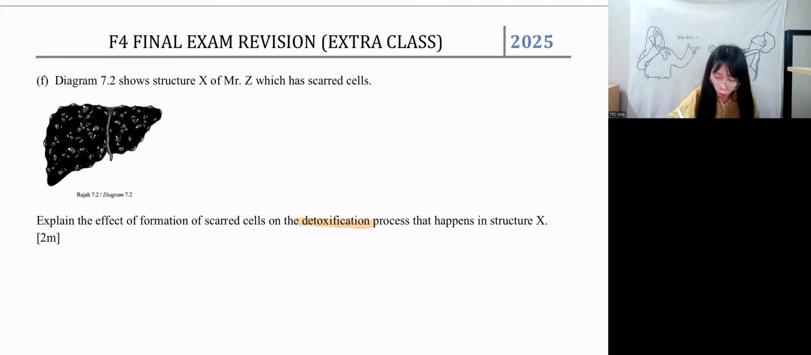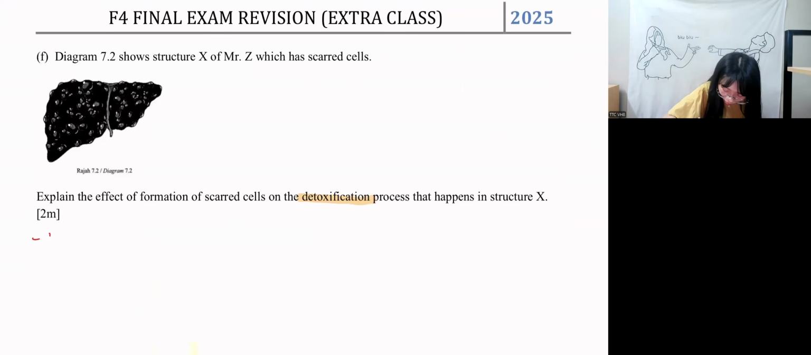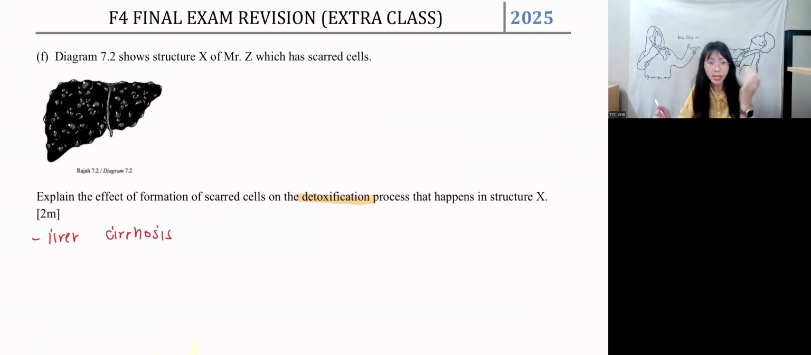If you want to talk about the disease, it's called liver sclerosis. Sclerosis means damage of your liver. Who has liver sclerosis? People who drink a lot of alcohol. High chances they have liver sclerosis. It's a permanent damage. So they will have accumulation